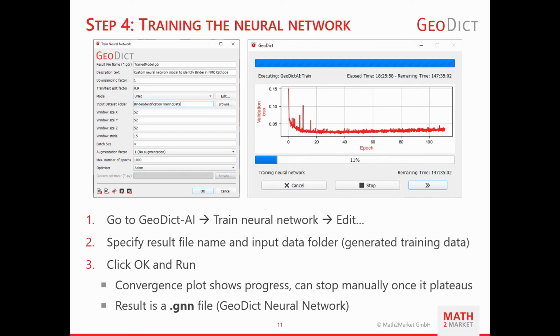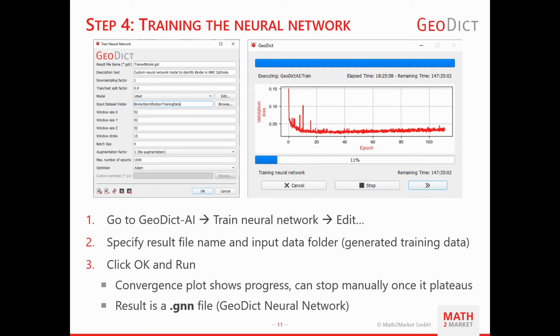There's also a maximum number of epochs that can be set towards the bottom of the dialog. A single epoch is one pass over the input data, so basically these are like iterations in a flow solver. So the 1000 we have here means that we do 1000 passes over the input data. But this is chosen very conservatively, and we usually never leave it running to 1000 epochs. Instead, if we click OK now and click Run, we can see on the right-hand side that we will be greeted with a convergence plot.